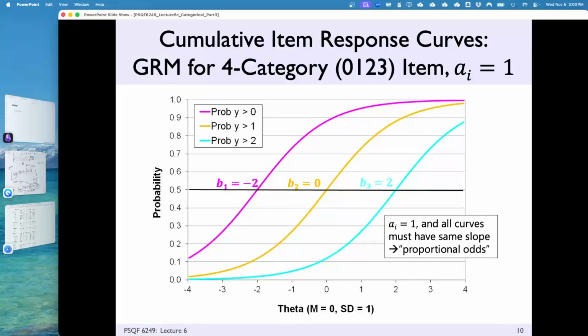Some of us think about it slightly differently. So here's how we want to think about it, though. Let's take a look at theta of 0, right? A person with a theta of 0, if you want to say what's their probability of being greater than 0 on the response, it's .9. So they have a 90% chance of answering a 1, 2, or 3. What's their probability of answering a 0? 1 minus it, right? So it's that region right there, or like 0.08, right?